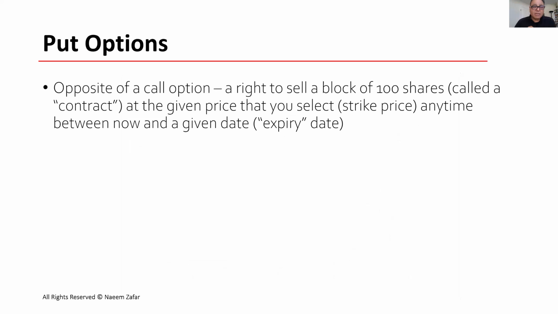So if I'm expecting some stock to go down, let's say Apple, in the next 2-3 months, I can buy a right to sell the shares to you at some price, let's say $120 a share. So a call option is a right to buy. So let's take a look at some